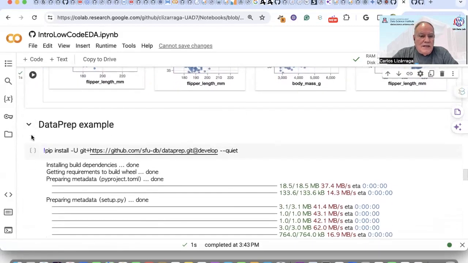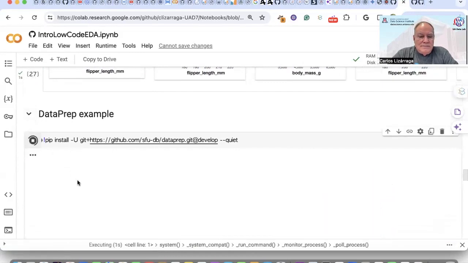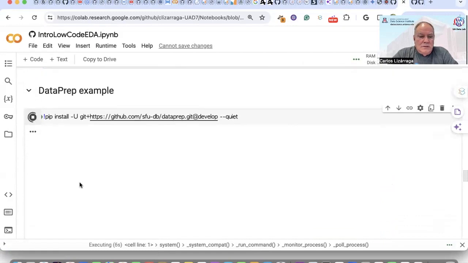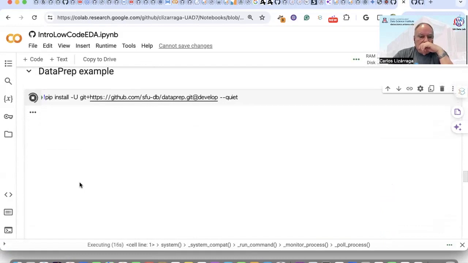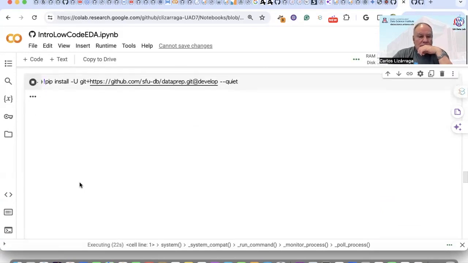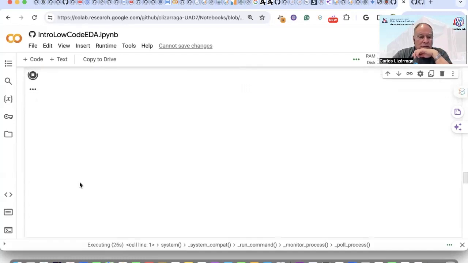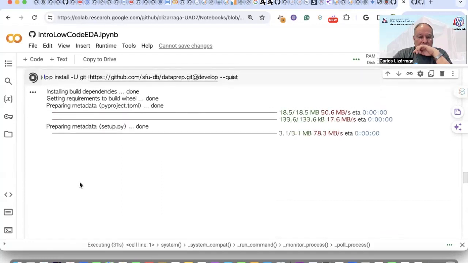We may have time for the last example, the data prep. So I'm going to install it. Hope it works. I haven't tried this in a couple of months, so it may have changed, maybe not. Okay, so it's installing, and yeah, if it fails,